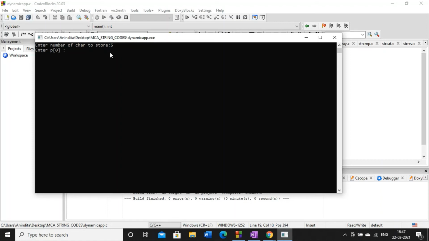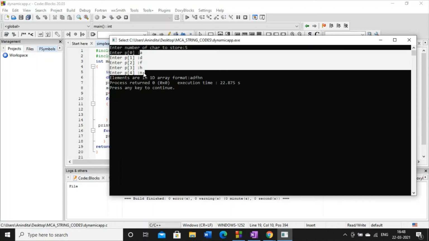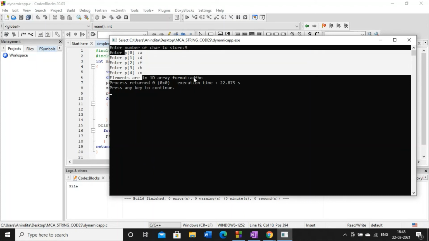Now I will start entering the character values. First location A, second location D, third location F, fourth location H, then N. So A, D, F, H, N. These values I have entered in the different locations, and I am getting the output.